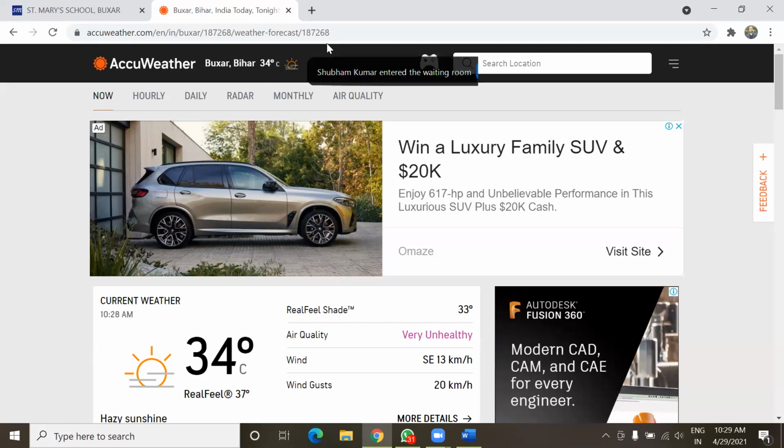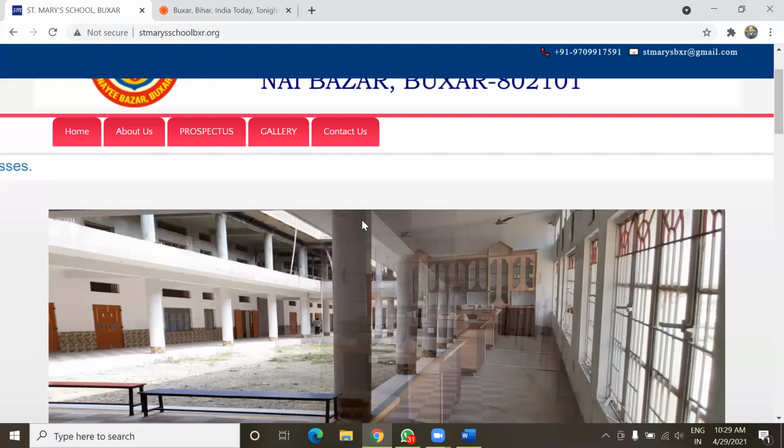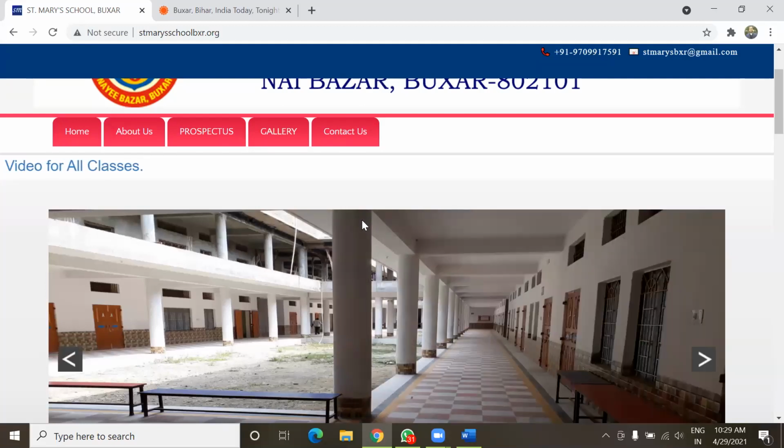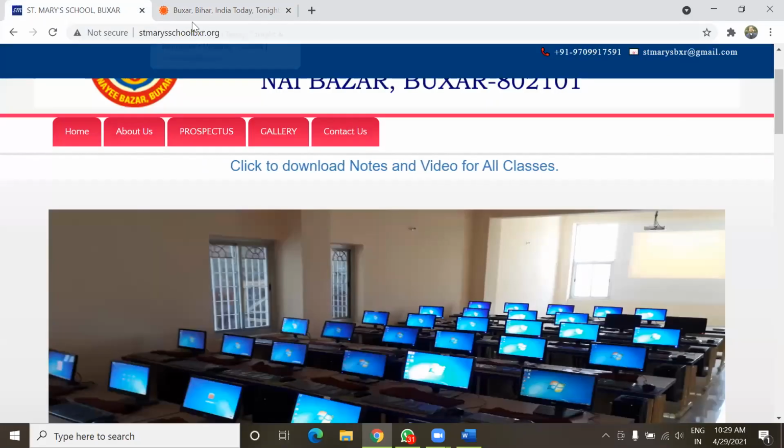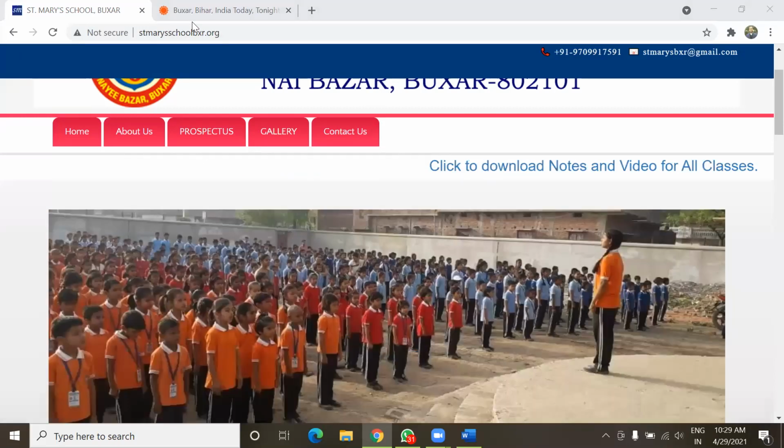For different users, this same web page will display different information. But if you open the school web page, it will be the same for every user. So this is called static content, and this is called dynamic content. Understood, everyone?